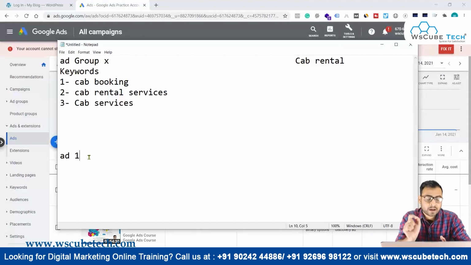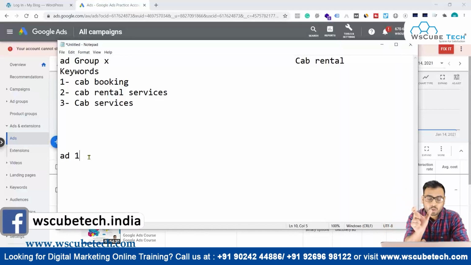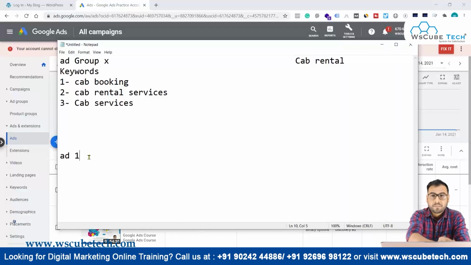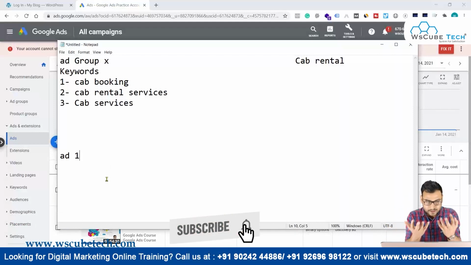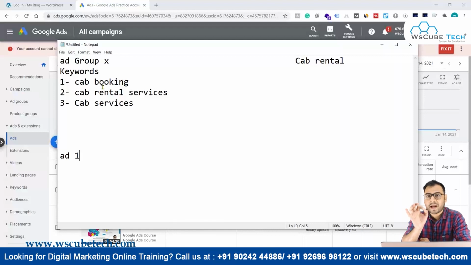What the advertiser wants is that whenever a user is searching something in Google search, whatever keyword is responsible for triggering our ad should be placed within our ad dynamically. When I say dynamically, it means any one of the keywords can come into the headline or the description of the ad copy, because it is coming dynamically, and the logic behind dynamic insertion of the keyword is based on which keyword actually triggered the ad, right? So in this particular case, we have assumed there is a query in Google search, and the intent of this query maps to keyword number 2 over here, which has triggered some ad.